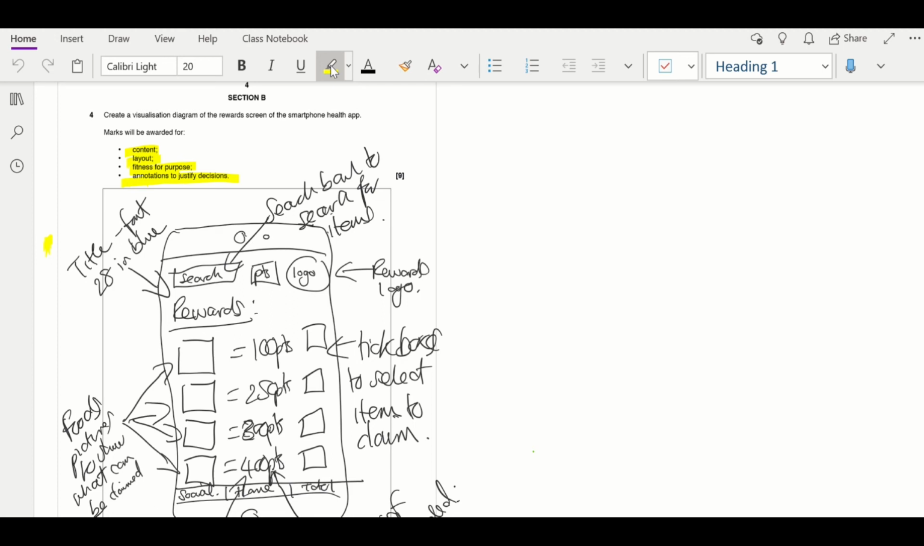So font maybe Times New Roman maybe. So we've got that as well. We could talk about the home button as well, so go to the home screen. I'm starting to run out of space now. So obviously when you do it, you need to be aware of how much space you've got and maneuverability around as well. So other things that you could have included, you could talk about